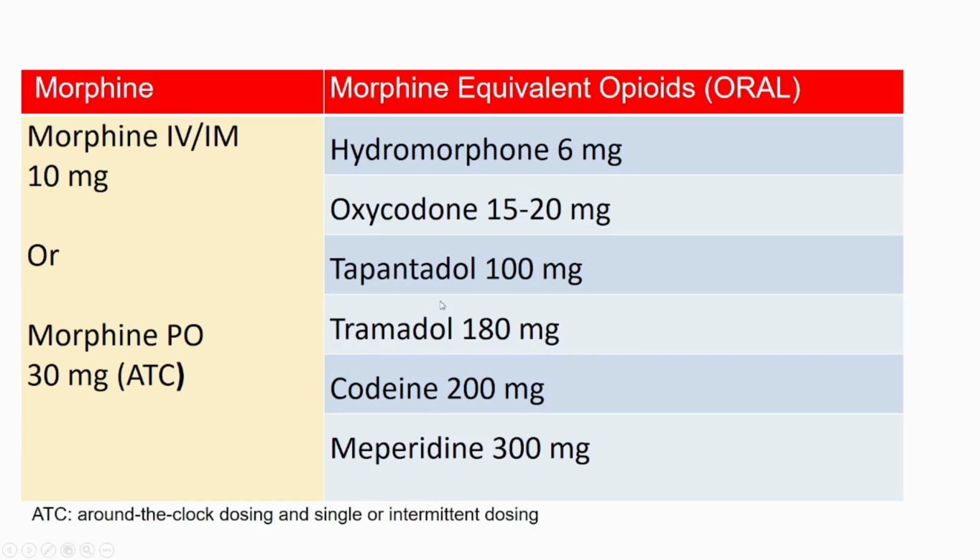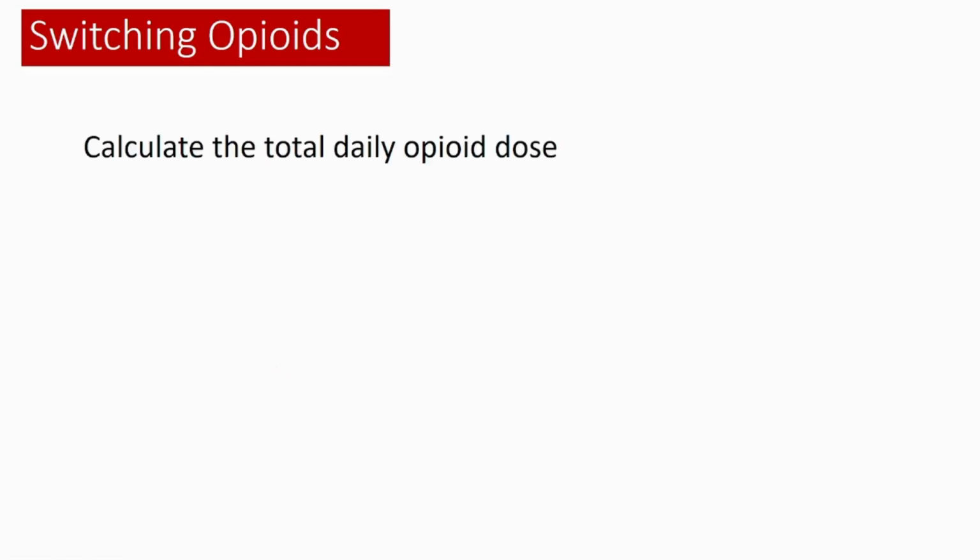That means when you're switching from morphine to hydromorphone, so if a patient is taking 30 milligrams of morphine, then the equivalent of hydromorphone is 6 milligrams. So that only applies to around-the-clock dosing or single intermittent dosing. And then when you're switching, especially calculating the opiate dose,